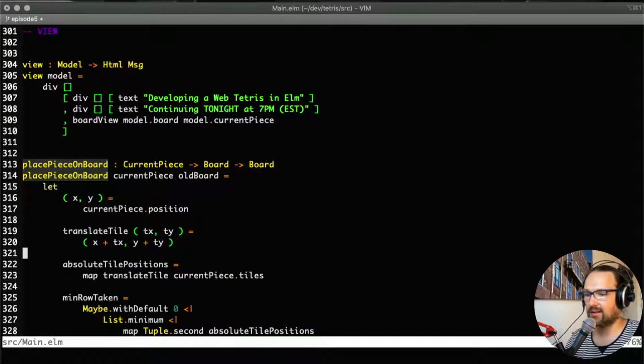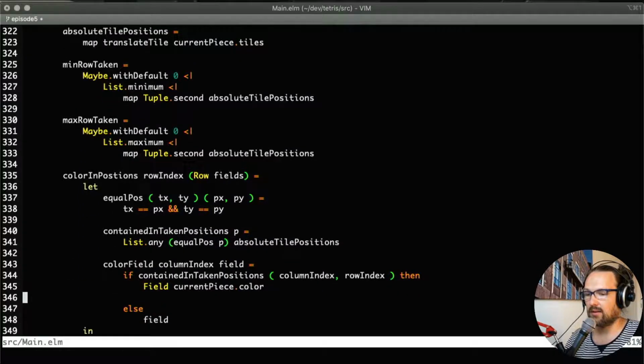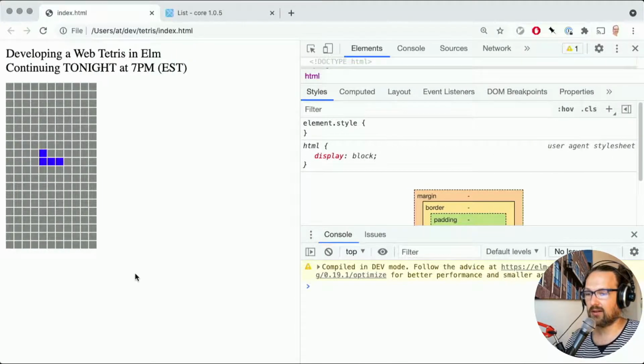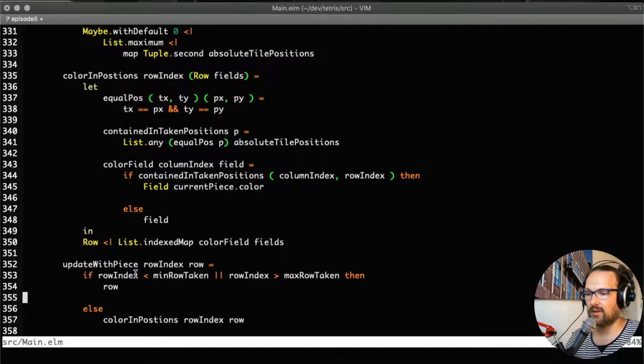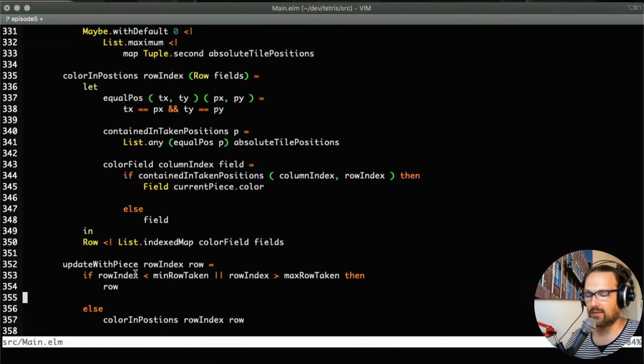Current piece translate, min-row taken. I mean, it does work for rendering the board with the current piece, and now I'm confused why it doesn't work. Okay, let's just